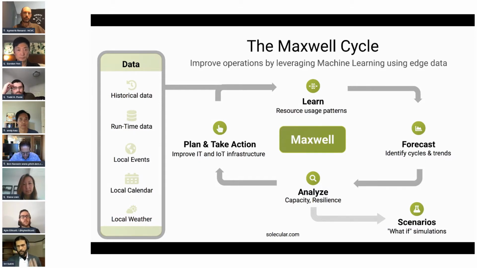And then once we have models built of resource usage, then we can forecast resource usage and use that to identify how much compute capacity is needed at each site and whether there's sufficient resilience for applications. We could also model scenarios where additional load comes in, and we can tell if that can be accommodated. And then using this data, we can either move workloads or put in a purchase order for more hardware for a given site or various actions.